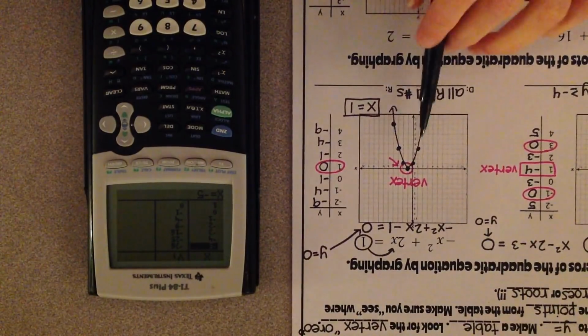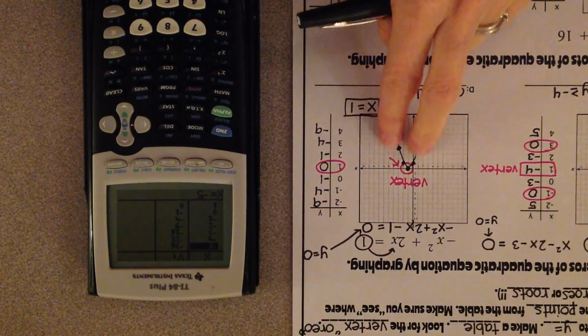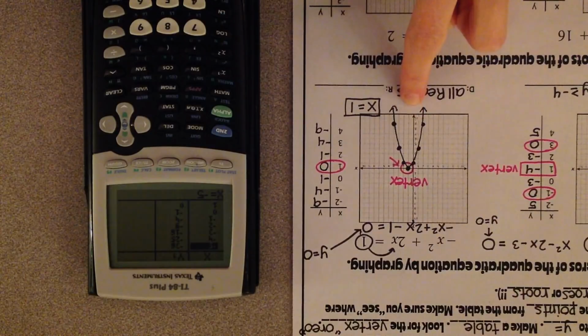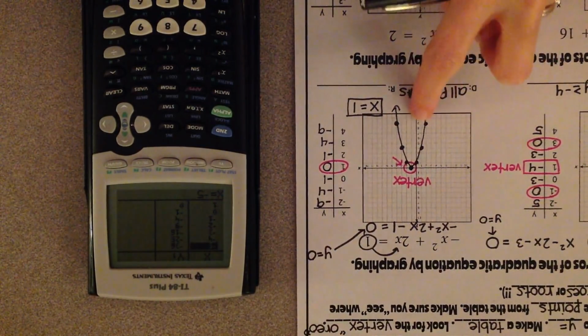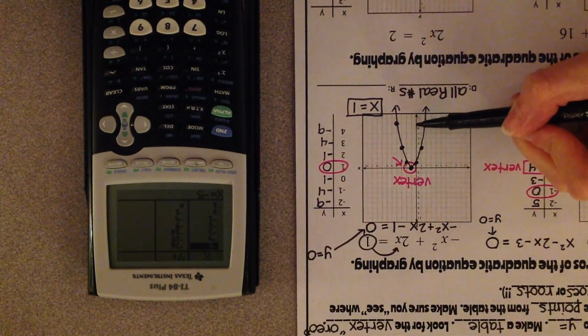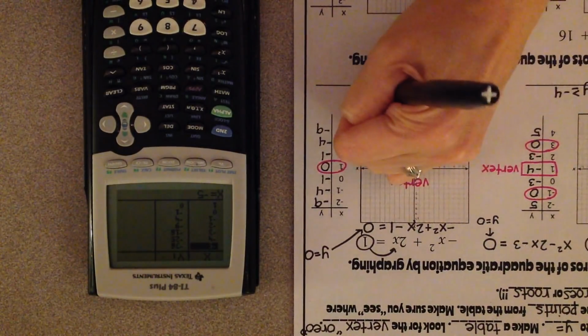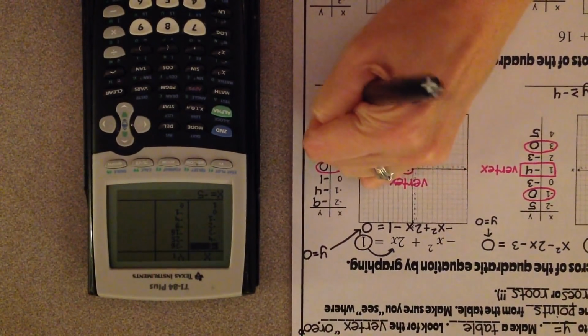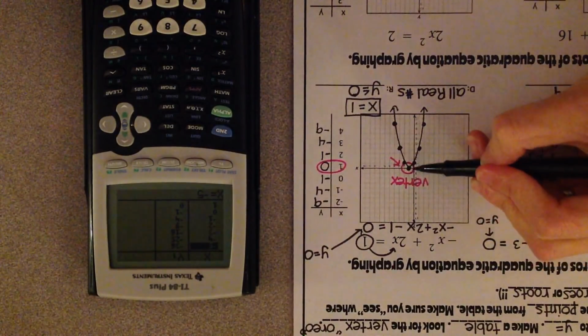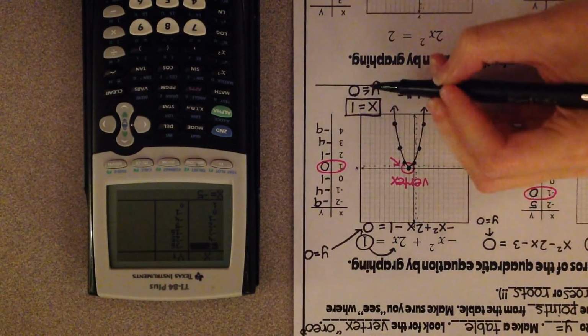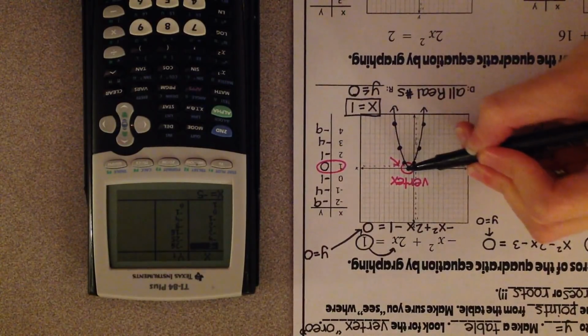For my range, the lowest that it goes, well, if you look down at the bottom, if I travel down the y-axis, I never stop going because I run into arrows, so it's going to negative infinity. So let's see how high it goes on the y-axis. So remember, range is y. So the highest it goes is right here on the y-axis, which is 0, and then it goes down from there. So the range is y is less than or equal to 0 because it starts at 0 on the y-axis and it goes down from there, and I'm including a solid line because I have a solid point right here at 0. All right,